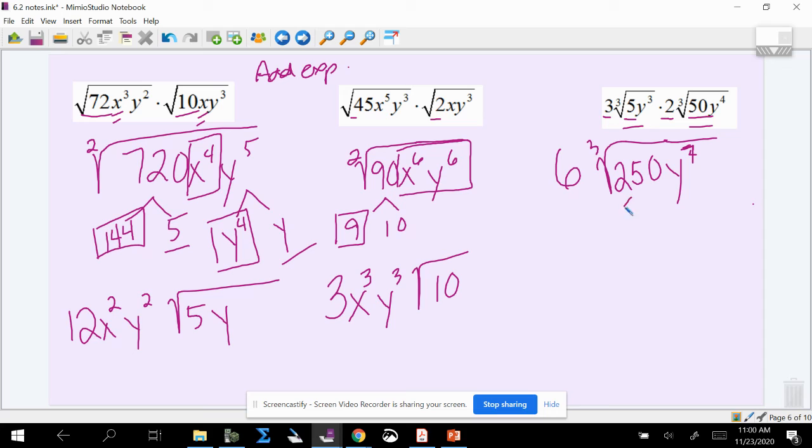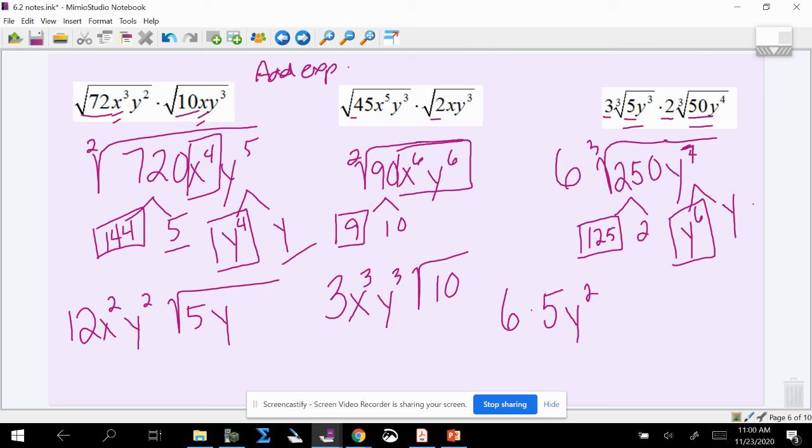250 is not a perfect cube, but 125 is, and that goes into 250. So I'm going to put a box around the 125. Y to the seventh is not a perfect cube, but I can break it down into y to the sixth because 6 divides by 3, and then a leftover y. So I still have the 6 out front. I'm going to take the cube root of 125, which is 5, so I'm going to bring that out front as well. And then the cube root of y to the sixth, which is y squared, I'm going to bring that out front. I still have inside a 2 and a y, so I still have the cube root of